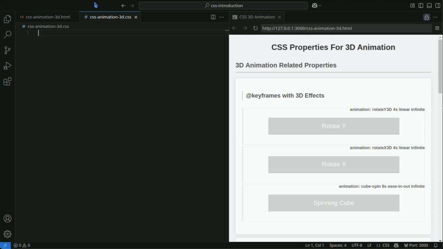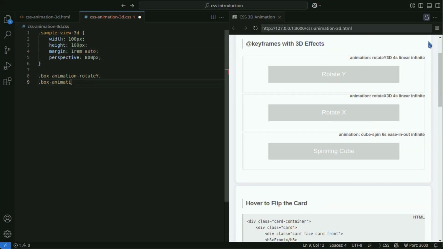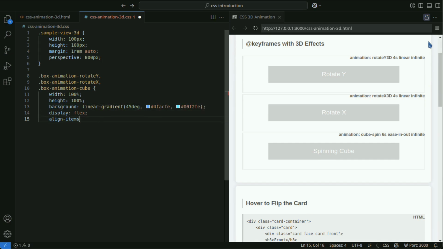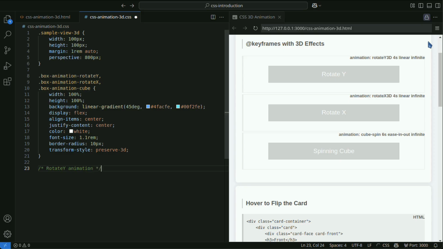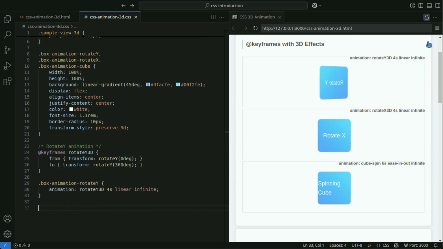Let's start by defining a 3D animation that rotates an element around the y-axis using @keyframes. The rotateY3D animation rotates the element 360 degrees around the y-axis.